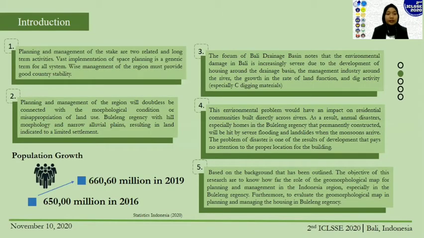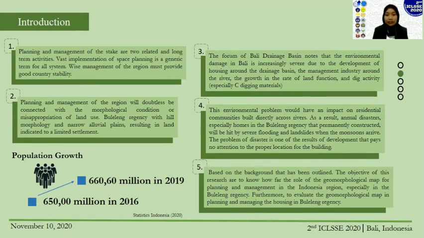Planning and management of the state are two related and long-term activities. The implementation phase of space planning is a generic term for all systems. Wise management of the region must provide good country stability. Planning and management of the region will doubtless be connected with the morphological condition or misappropriation of land use. Buleleng Regency, with hill morphology and narrow alluvial plains, has land indicated for limited settlement. The data from Statistik Indonesia 2020 show that Buleleng Regency had population growth of 10 million in 3 years, from 2016